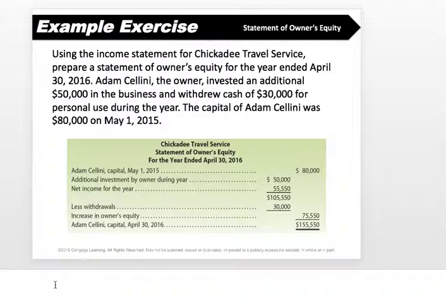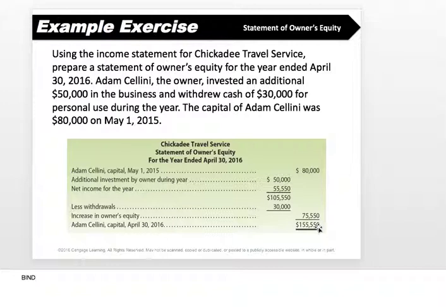So remember, I'm going to rewrite the formula down here for the statement of owner's equity. BIND, beginning capital balance was $80,000. So we start with that. Additional investments, that's what the I stands for, is $50,000. Net income increases capital, so you'll add that, was $55,550, and we got that from the income statement 2 slides ago. Then you say less withdrawals to figure out if you have an increase or decrease in owner's equity,